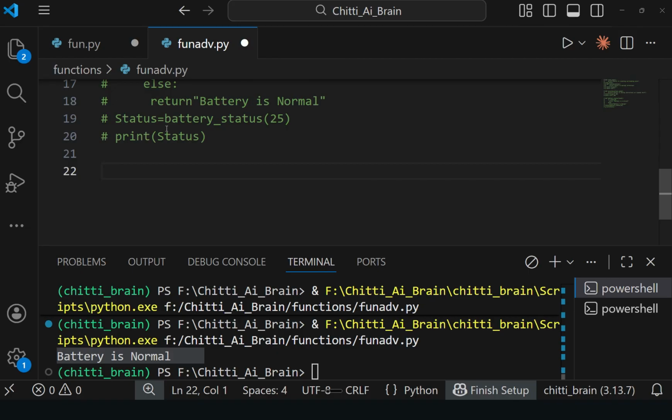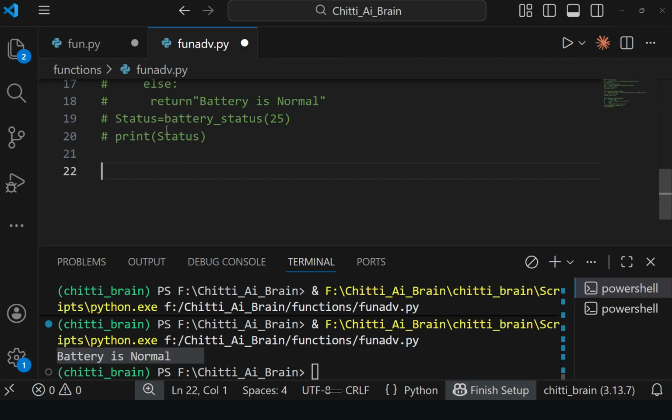Now we have to create result is equal to scan function. First we scan it, later we make the decision based on the result, and the act takes place based on the decision. This is the actual functionality, how to take decisions based on functions, by calling functions.